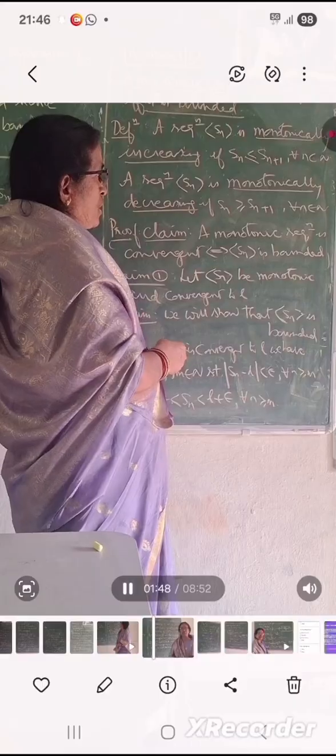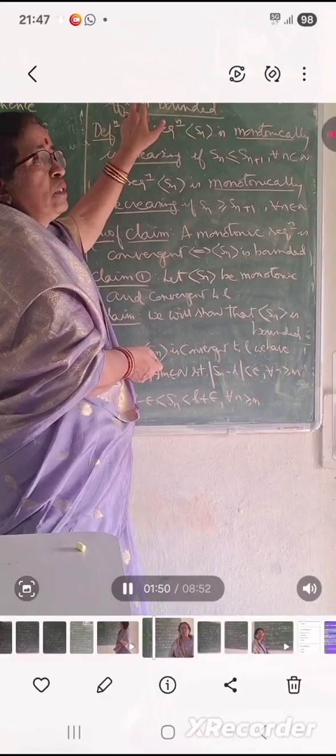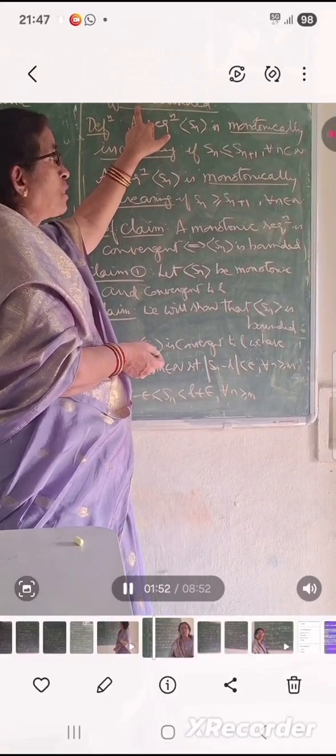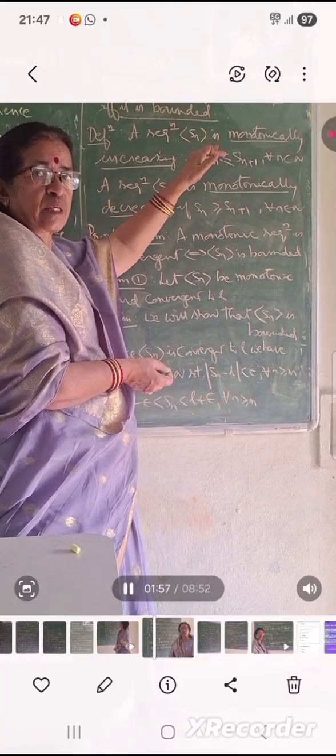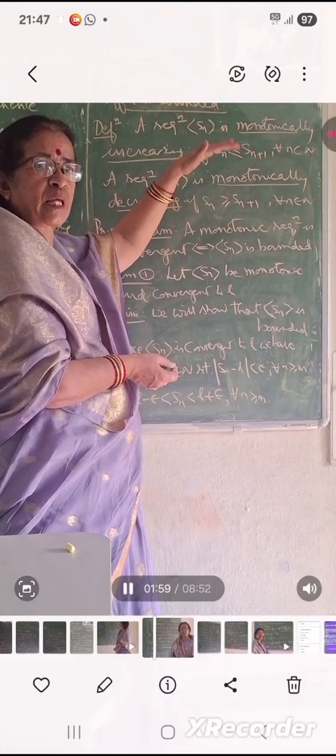Anyway, based on these definitions, now we are going to prove this theorem. So there are two cases: assuming the left hand side and proving the right hand side. On the other hand, assuming the right hand side